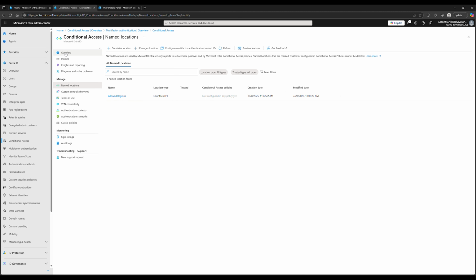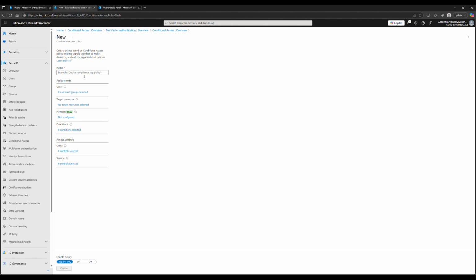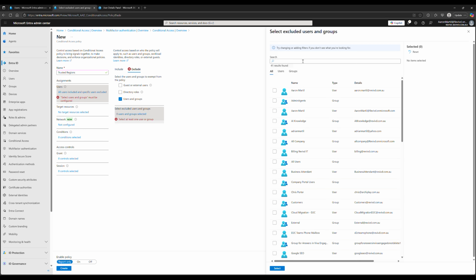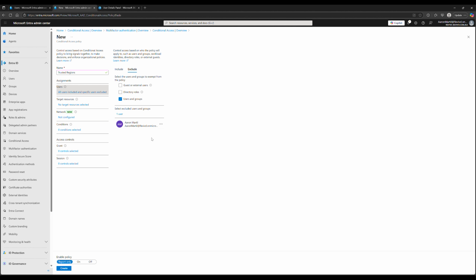Let's go ahead and set up a conditional access policy to enforce that as well. So I'm going to create a new policy, and then I'm gonna do trusted regions. You can give your policies a more meaningful name. In my case, I'm just gonna do this. Now, like I said with the previous policy, I always tend to exclude my administrator account, or just a break glass account that I might have just for testing purposes, and then once my testing is done, I'll always include that. Target resources, I'm gonna do all,